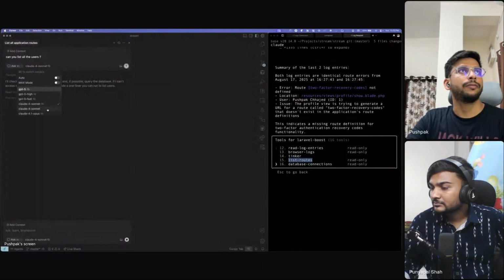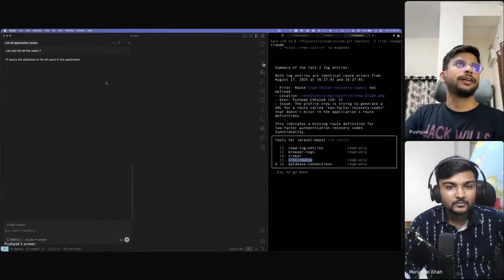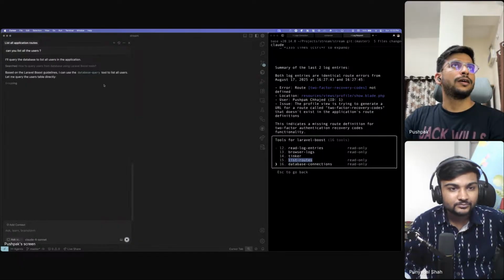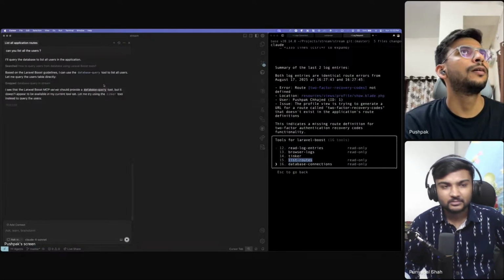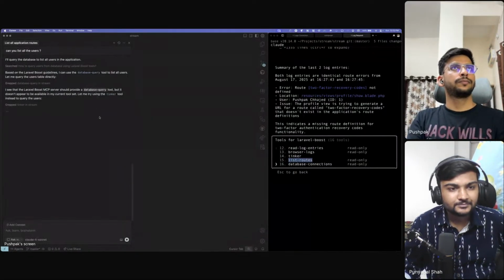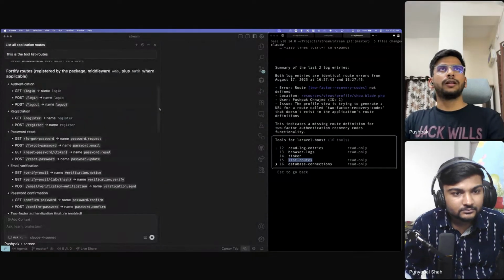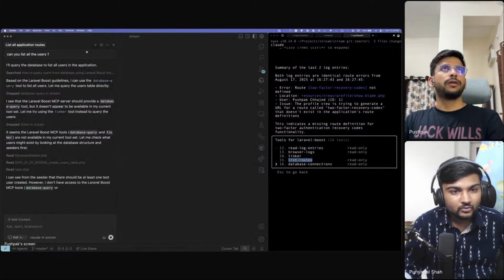I think we have to end up using Claude for it here. GPT-5 doesn't work correctly. Is it calling MCP? Yeah, I guess Laravel Boost I can read. Can you zoom in? It doesn't appear to be available in my current toolset. I'm not sure why. Oh, it's not available. If I go to MCP,